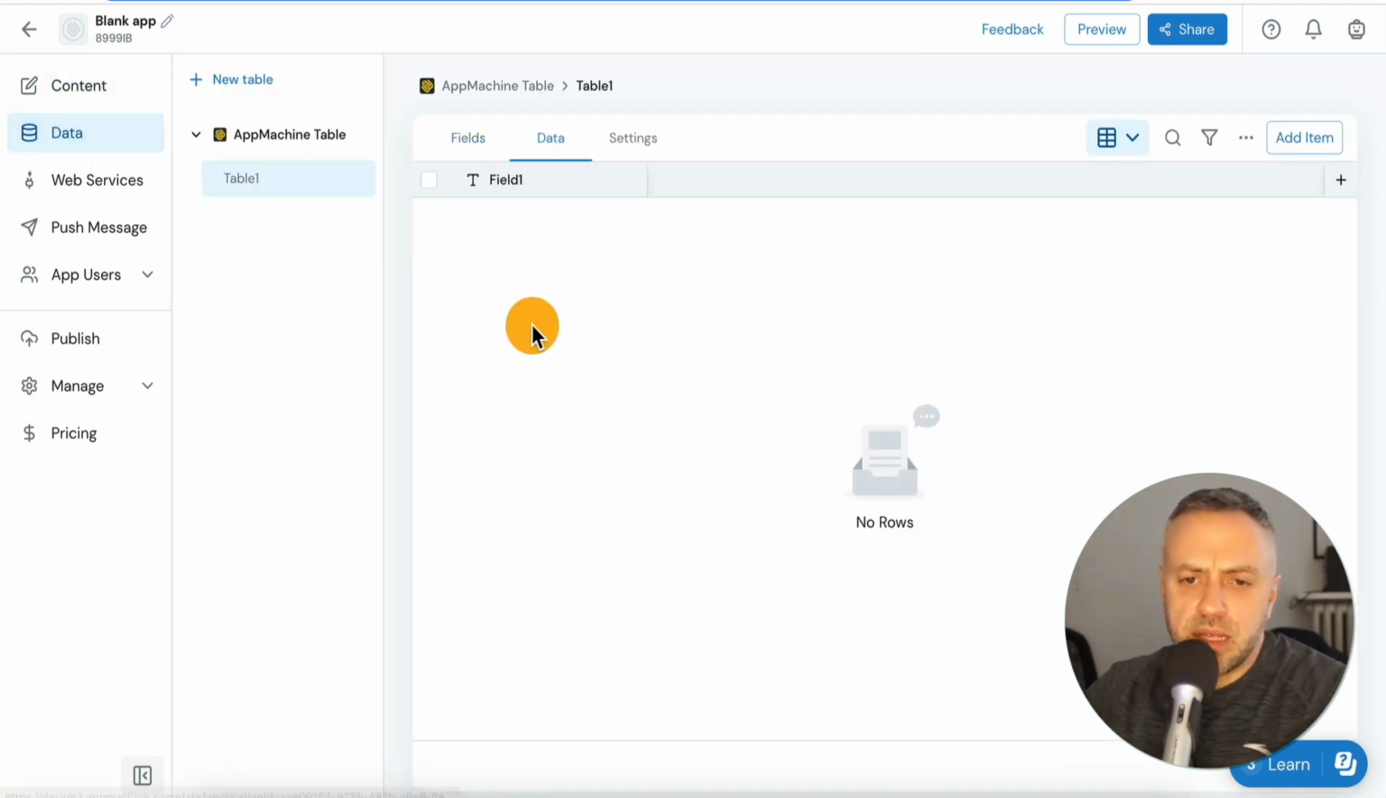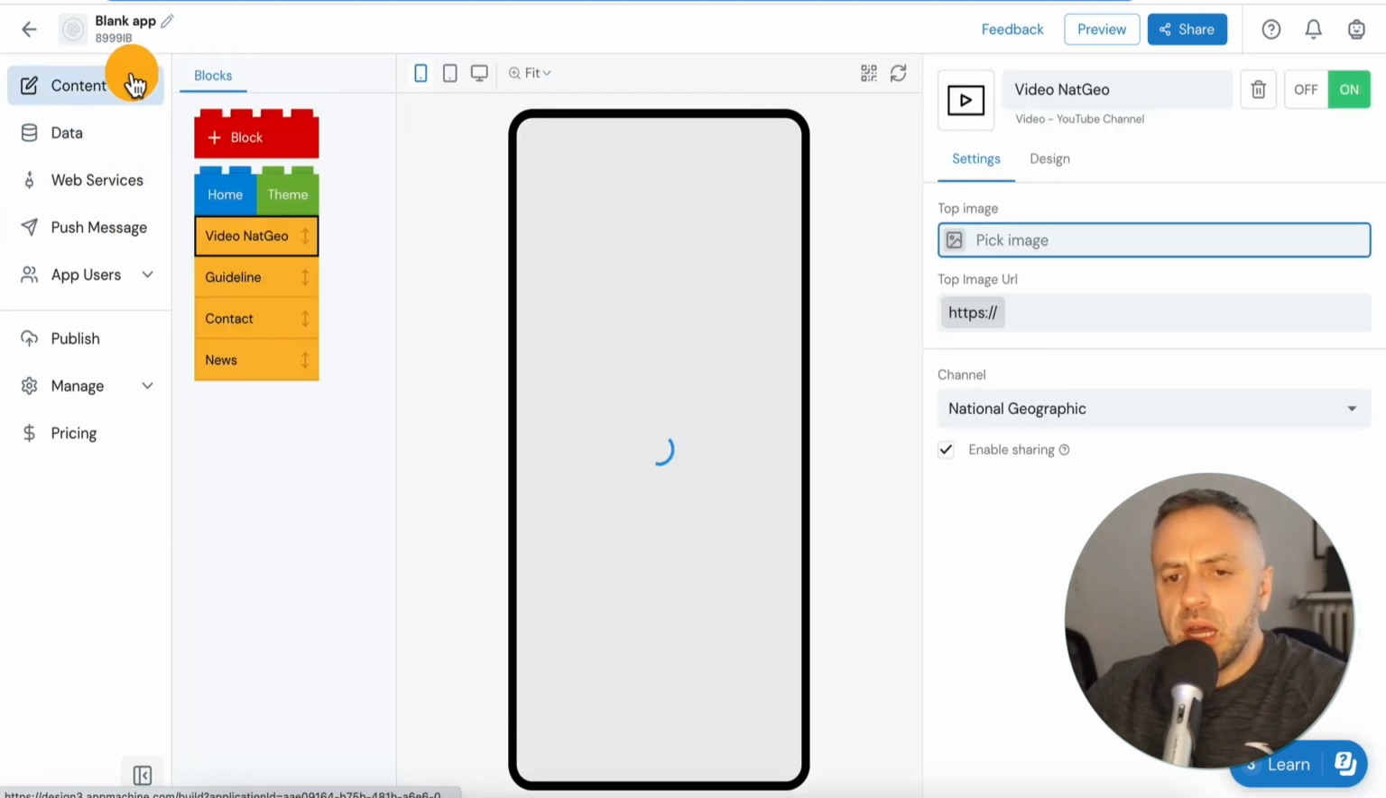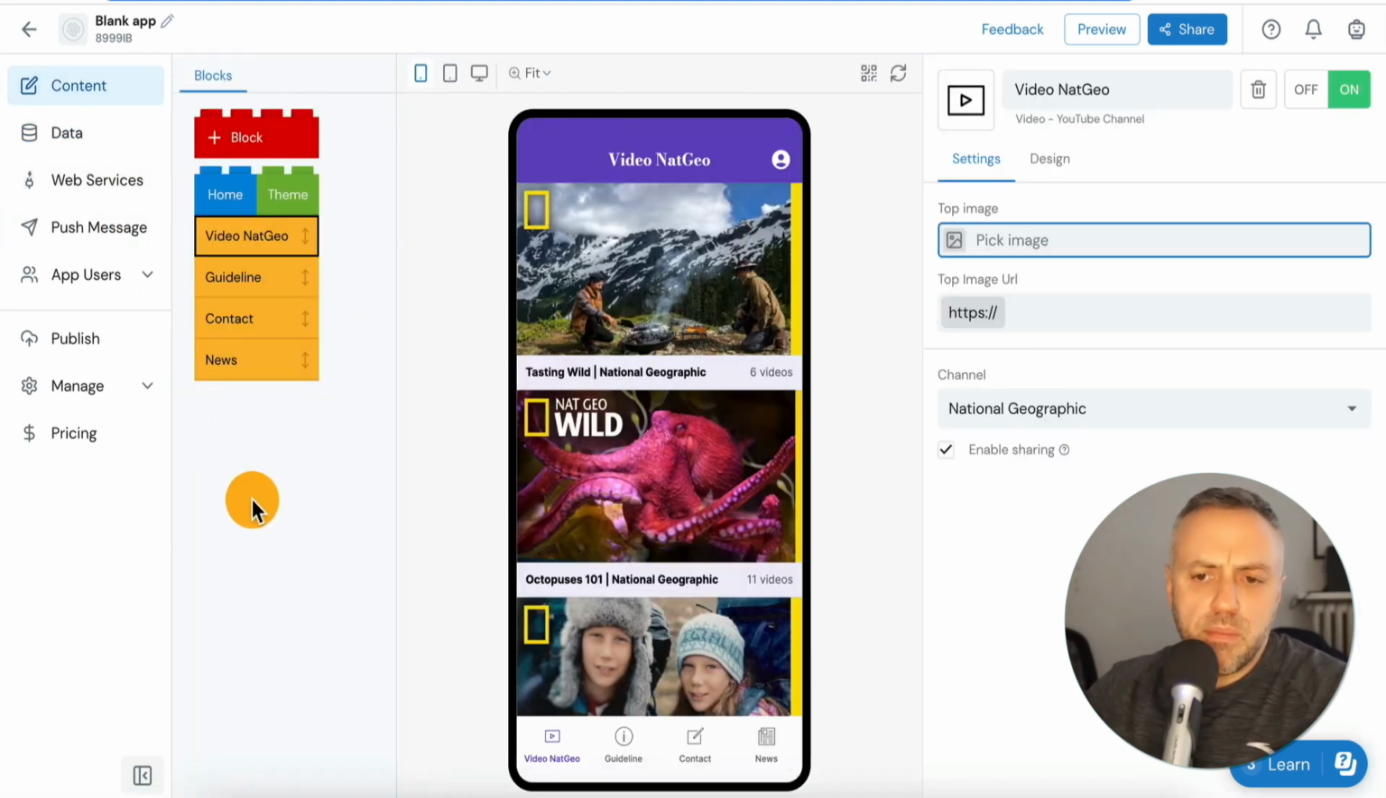I like the fact that it has a lot of data features, web services, push messages. I also like this block methodology. It's a very interesting methodology. There's lots and lots of things to cover here. And so this is a nice app builder for those that are looking to build simpler apps without a lot of bells and whistles, without needing to learn a lot of complicated app building stuff. And so these are the 5 app builders that I wanted to share with you guys